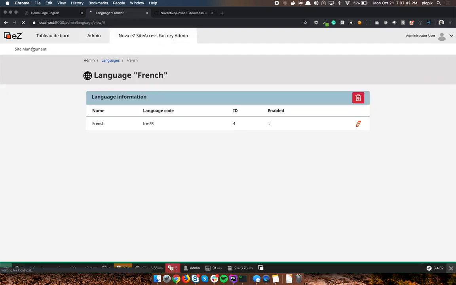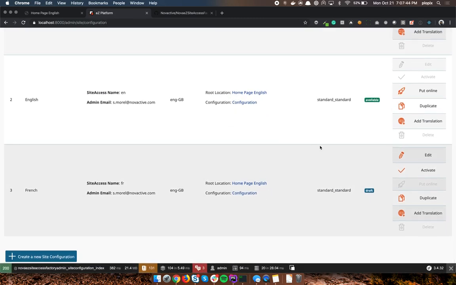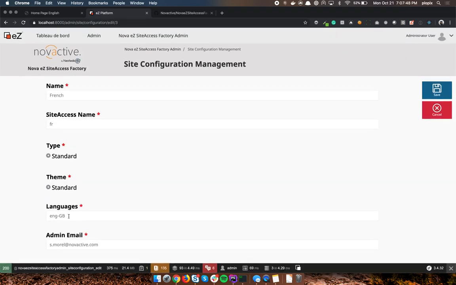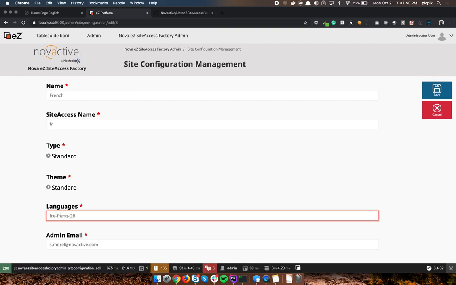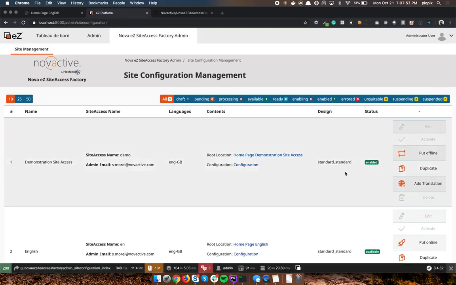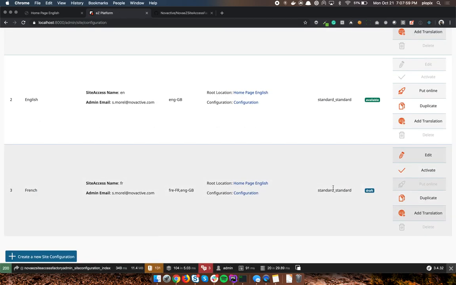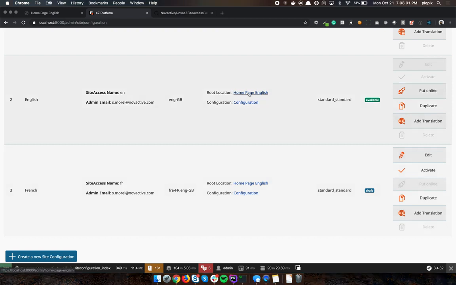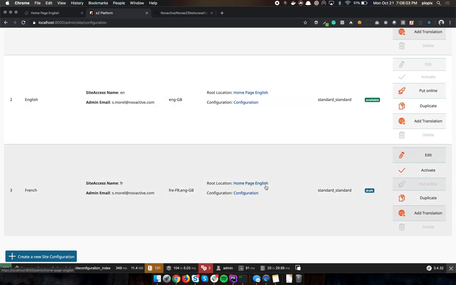I go back to my site configuration list, and I'm gonna edit French. Boom. And I'm gonna do FR. Here you go. It should be able to save it. So I have my new French site access, which is, as you can see, connected to the same home page. Okay. So now I can also